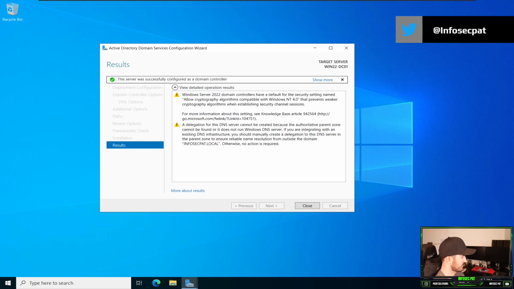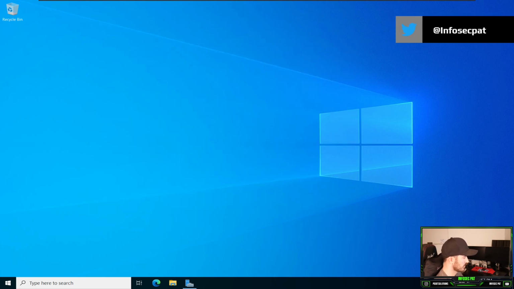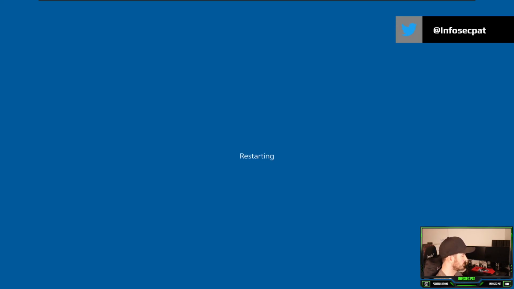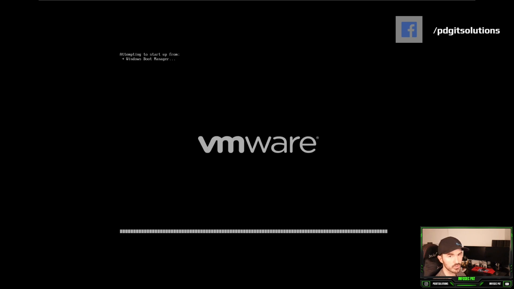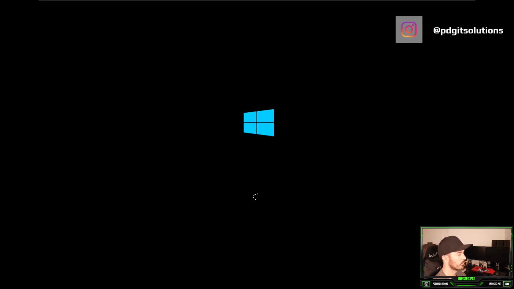and it's successfully installed. Hit close, and we're going to go ahead and reboot. Yeah, it's going to restart. I didn't even do anything. It just restarted by itself. Anytime you install Active Directory, once you install and promote it to a domain controller, it's going to reboot your server. And then when it reboots, I should have InfoSec Pat